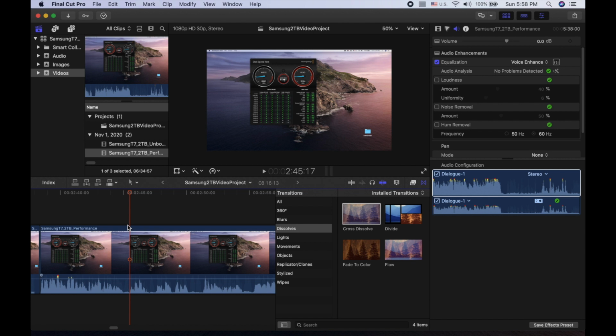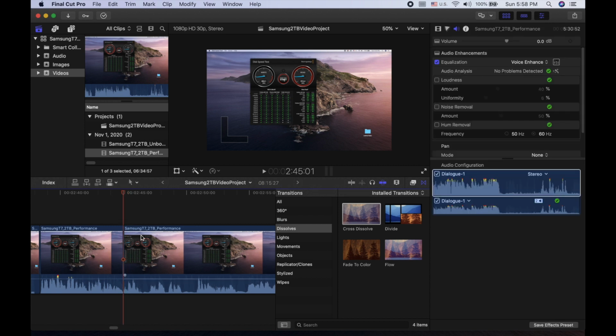Blade tool, selector tool, selected and deleted, edited, magnetic timeline does all the fine work for you. Just fantastic. It's so nice. For our next